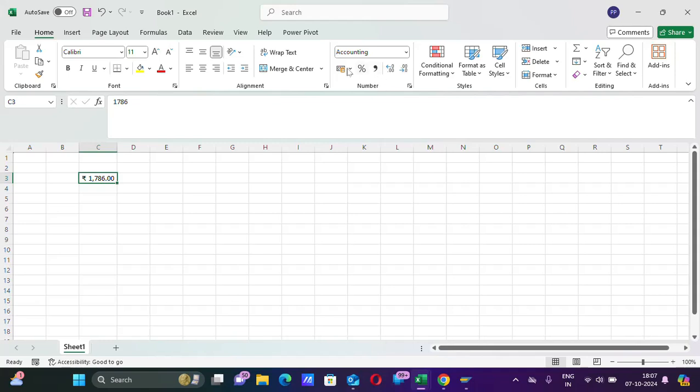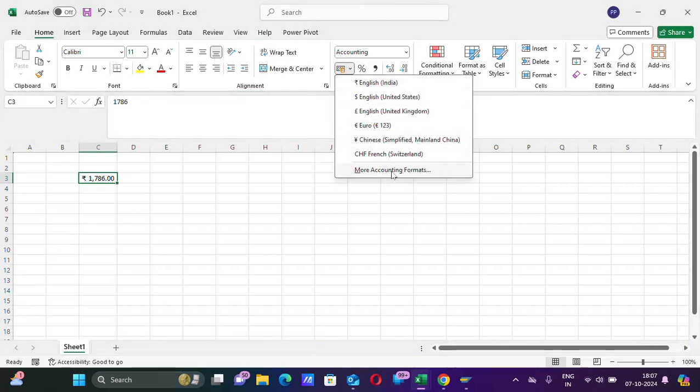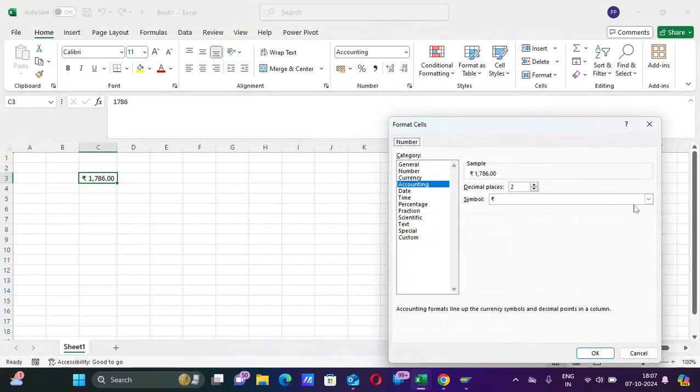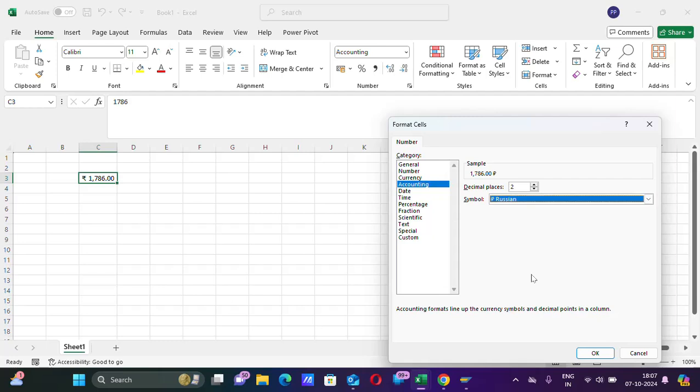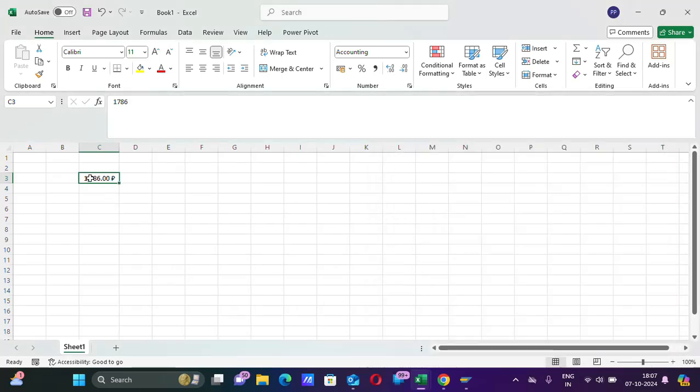Got it? And click on More Accounting Formats. Here is the drop down. Suppose you want to select Russian. From here you can select Russian and press OK. You can see the currency sign is changed now. So I hope that today you learned how to fix a rupees sign as per your requirement in